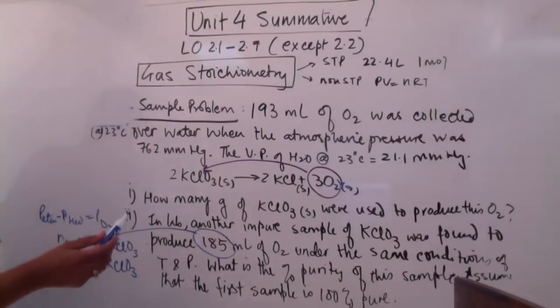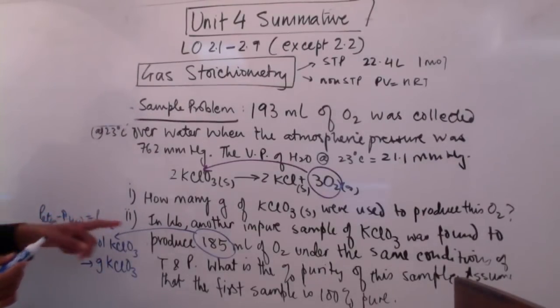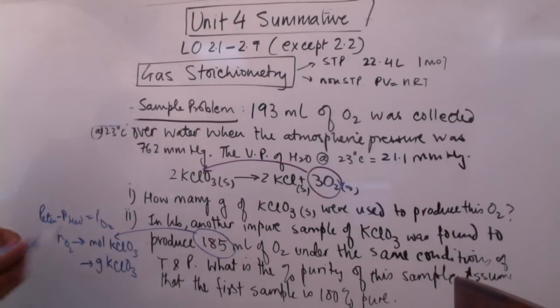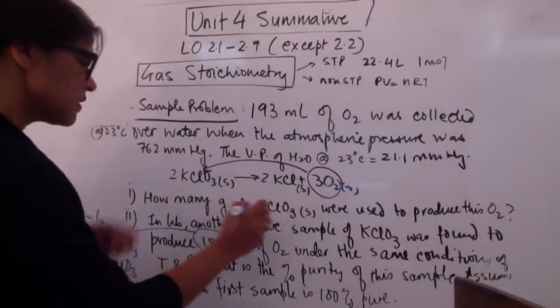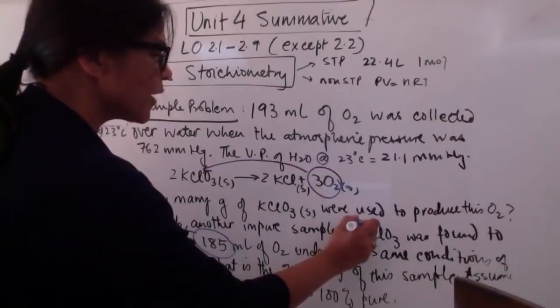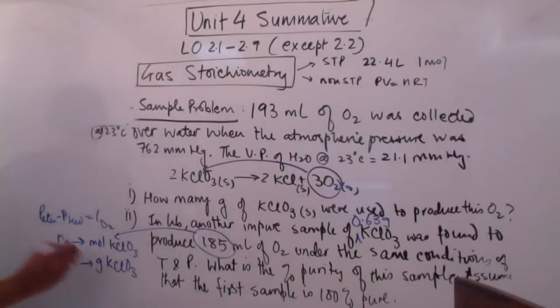And we should specify the amount of KClO3 here. So let's say another sample of 0.63 grams. They need to give us the amount of KClO3. So we know experimentally we got this many grams, and we'll divide it by 0.63 grams of KClO3, and we will